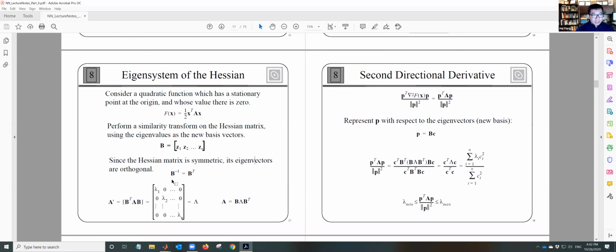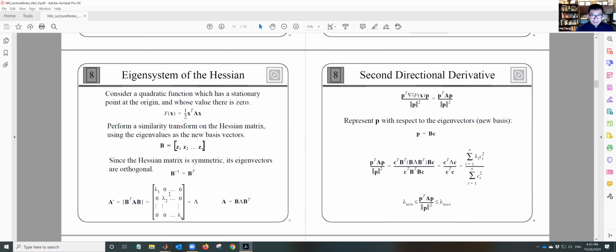Okay, now A prime equals B transpose A B. This actually equals lambda 1, lambda 2, ... lambda n. And so in this way, we have Ax equals lambda x. So this is called